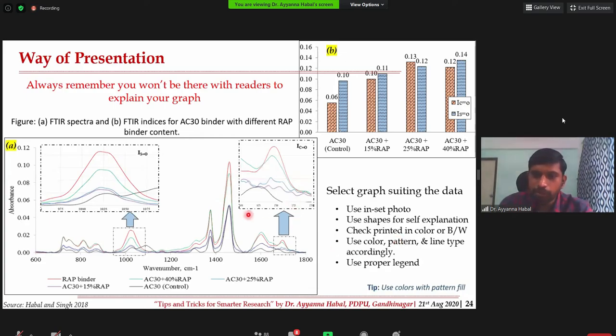And also selection of appropriate color and pattern. For example, if this chart is printed in color form, that is fine. Suppose it is printed in black and white form, is it easy to differentiate? Even with this legend, it is very difficult to differentiate these lines. In that case, we may have to go for dotted lines or varying thickness, different line patterns. Those things we have to keep in mind whenever we are selecting the charts and using the legends and formatting. For example, here you can see, in addition to color, we can use patterns so that even if it is printed in black and white, we can differentiate the two different